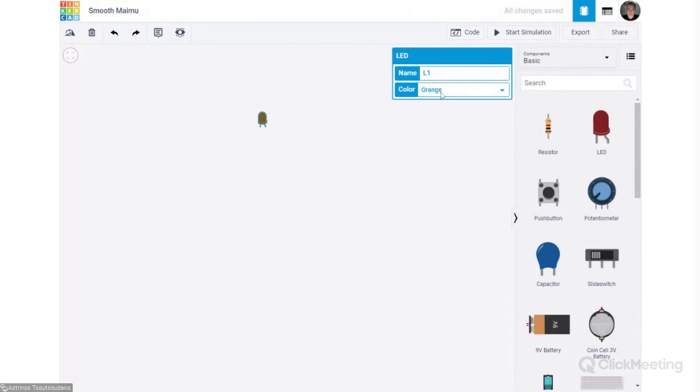What you have to keep in mind here is that Tinkercad deals with all LEDs like they have the same forward voltage, and that means that they are about 2 volts. So no matter if this is green, yellow, orange, blue, or white, red or white, they have the same voltage. This is in the real world actually not true, because blue and white have